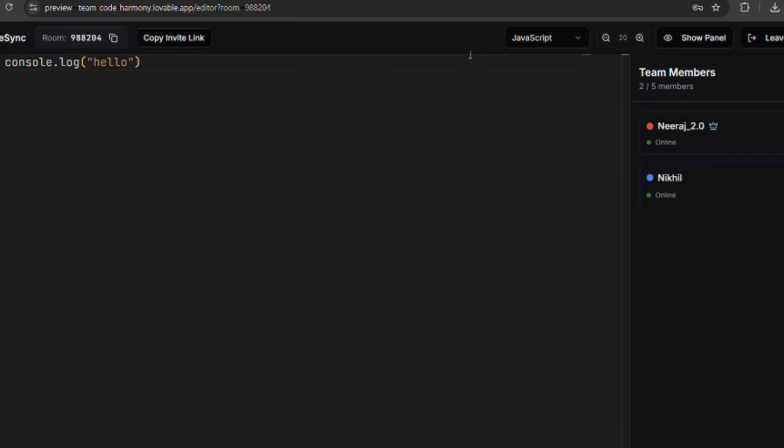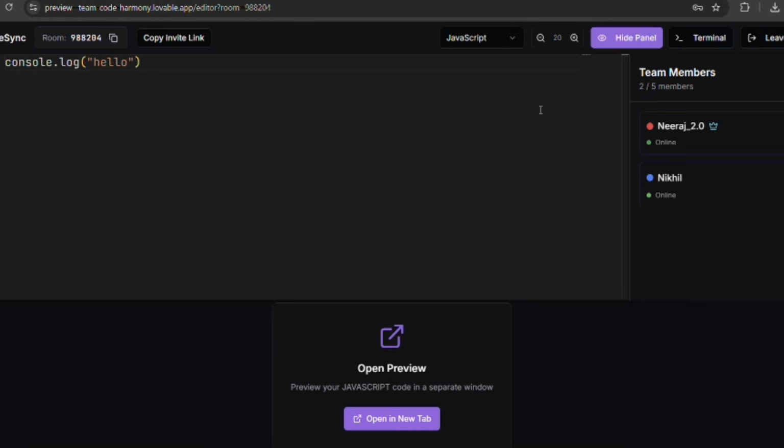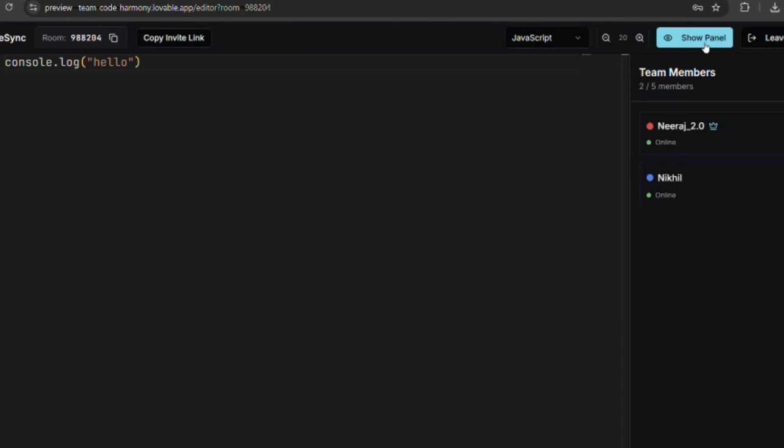So I just maximized the screen for you to see how it works. So open the show panel here, and here you get to see two options, which are hide panel and terminal. If you click on hide panel, it automatically hides the panel. If I click on show panel, this is a preview for the HTML and CSS code,